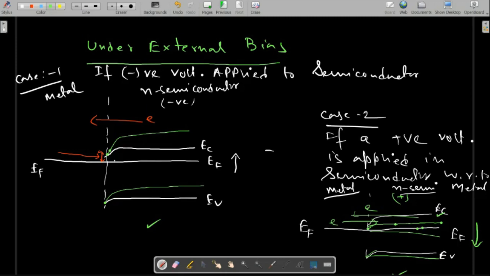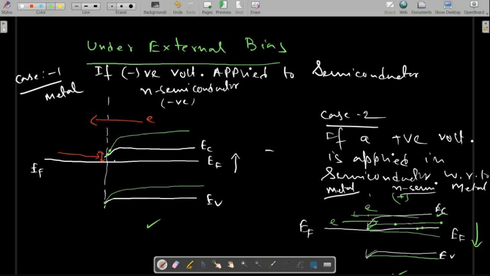Okay, so it will satisfy the work function. And in real cases, it is very difficult to find a pair of metal and semiconductor which will satisfy this type of criteria. Because suppose you have selected one metal and semiconductor so that it will satisfy the condition and a perfect non-rectifying contact will be formed. But from a fabrication point of view,